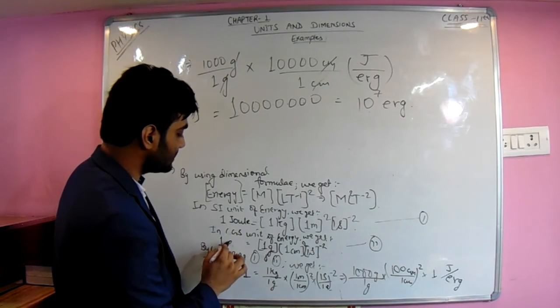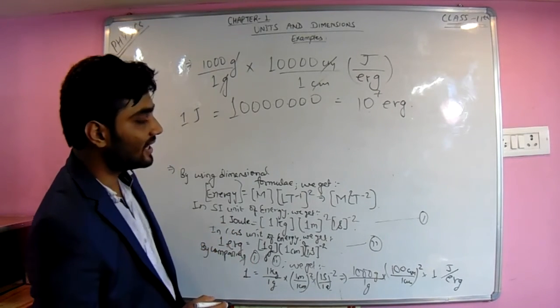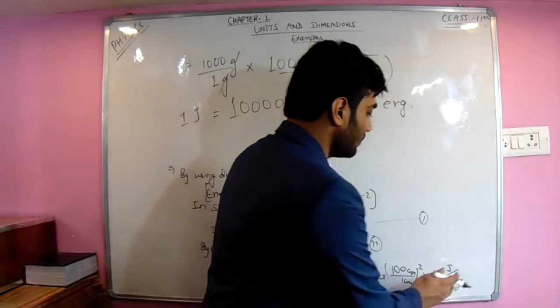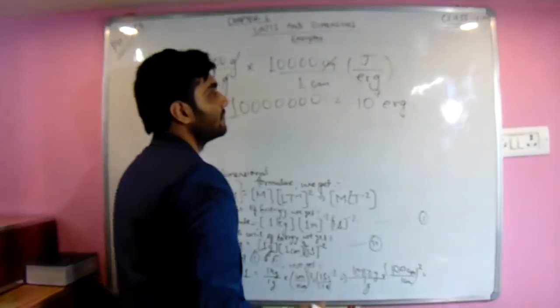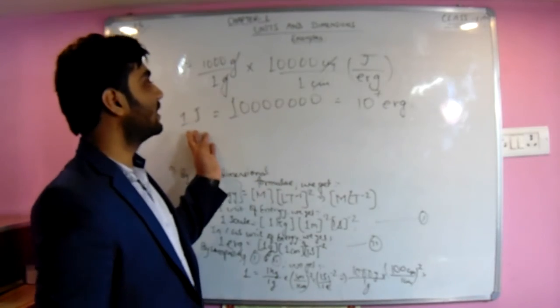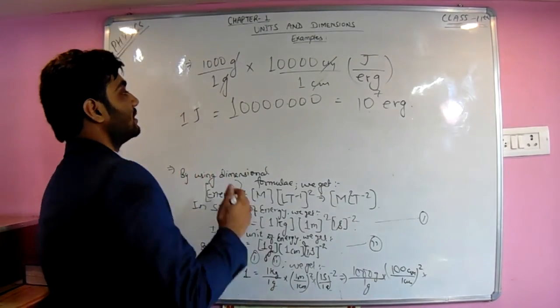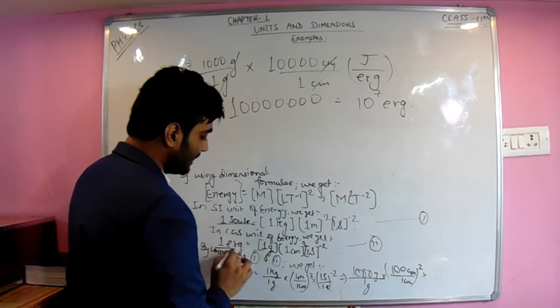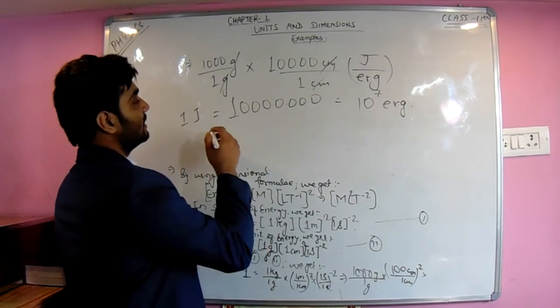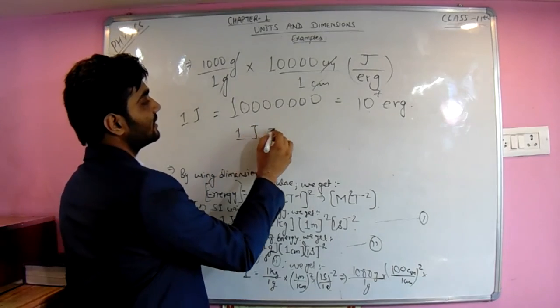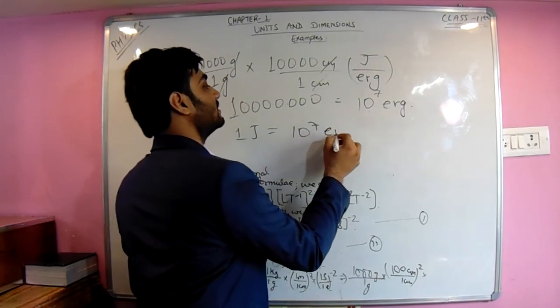We have to write this because at the last, when we find a question on how to do this ratio equal, we have to divide this by joule and erg. So 1 joule, we get 10 to the power 7 erg, or